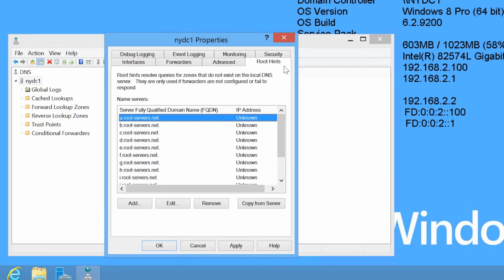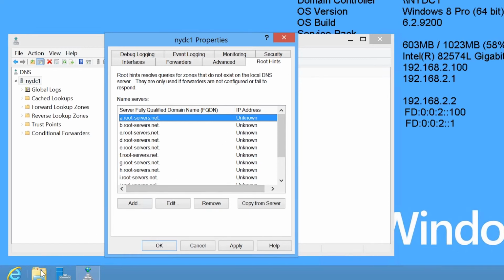Due to a limitation of the UDP protocol when DNS was first developed, the maximum number of root hint servers is limited to 13. It should be pointed out that a root hint server is not one physical server. A root hint server is installed on a high availability cluster, and some of the root hint servers use Anycast, making them available from multiple locations. For this reason, your DNS server shouldn't have any trouble contacting at least one of the root hint servers, considering their availability. The data for the root hints servers is stored in the Windows